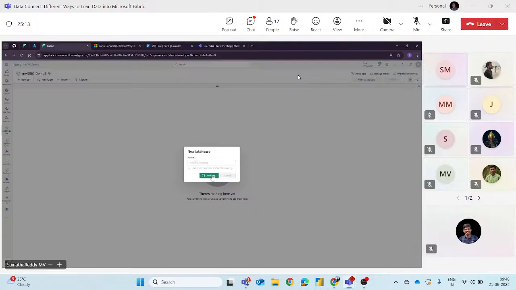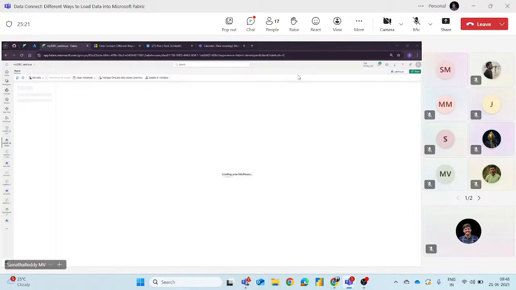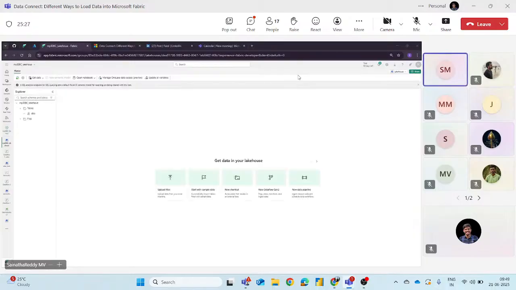The naming conventions are different; you can use anything, so nothing to worry about. It takes time to load since it's on the cloud. So bear with me. Now I have created a lakehouse.